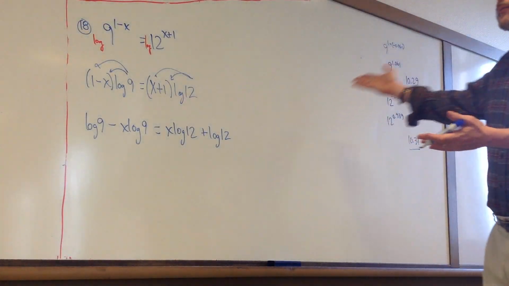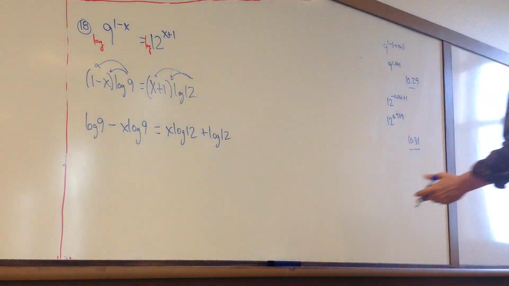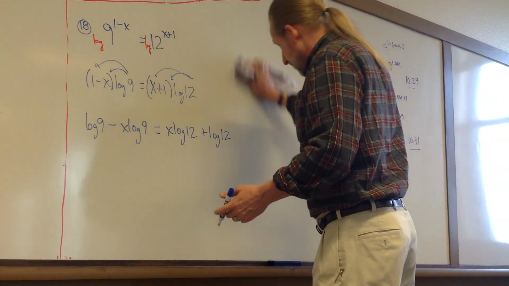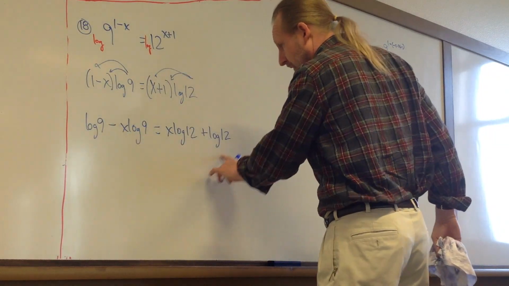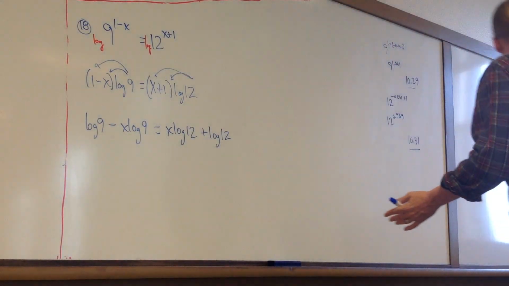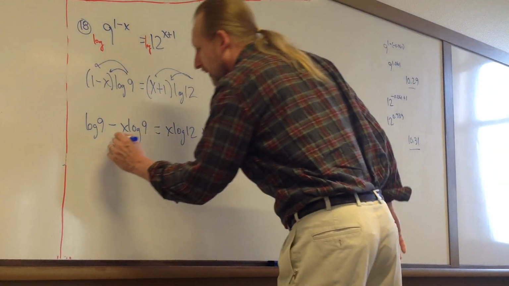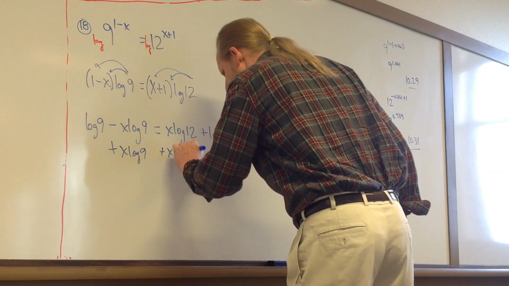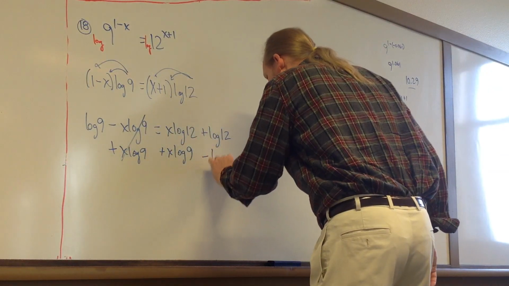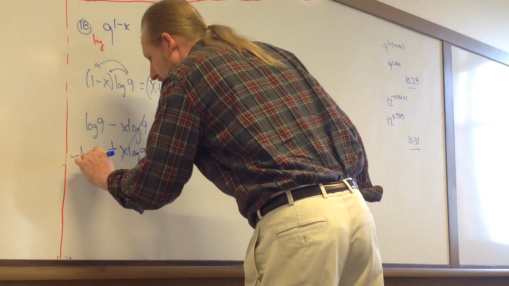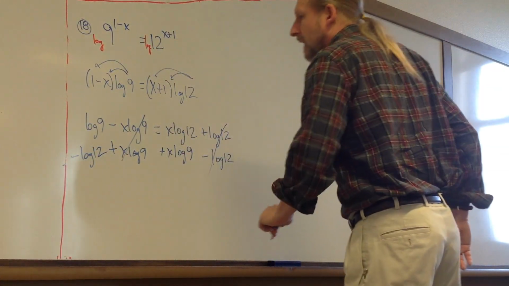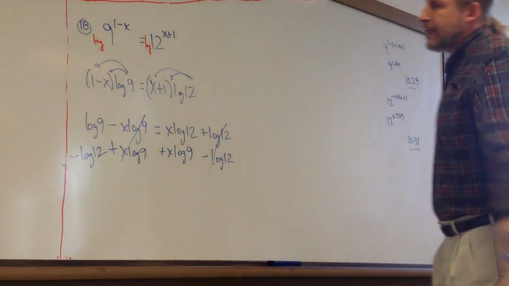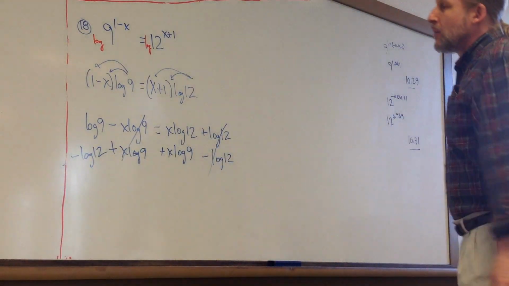And notice as I go through these two different methods, I'm doing the same thing in both methods, right? And in that other method a minute ago, I added this over here and subtracted this over here. I'm going to do the same thing, it's just going to look a little bit different. All right, so we're going to add x log 9 to both sides. Those will cancel out. And then subtract log 12 on both sides. And this is where we got that negative number in doing the other method. Here it's kind of hidden that it's going to end up as a negative number, but when we approximate it,